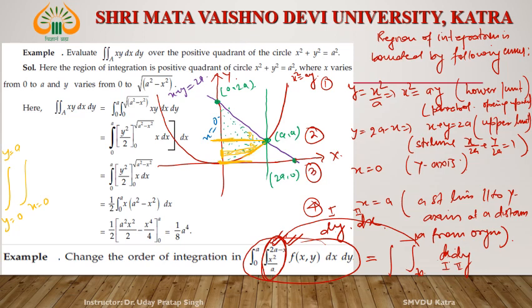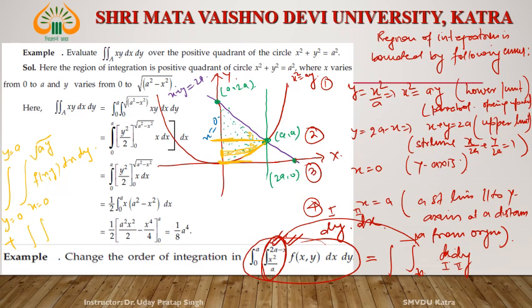What is this? x square is equal to ay. It means x is equal to square root of ay. Okay. And it is function of xy dx dy. Plus,